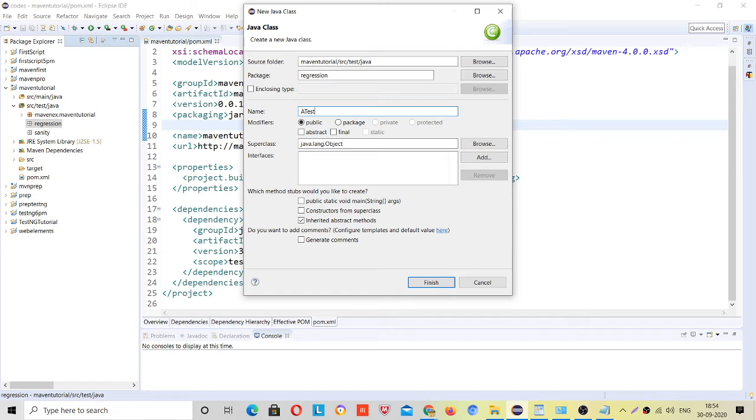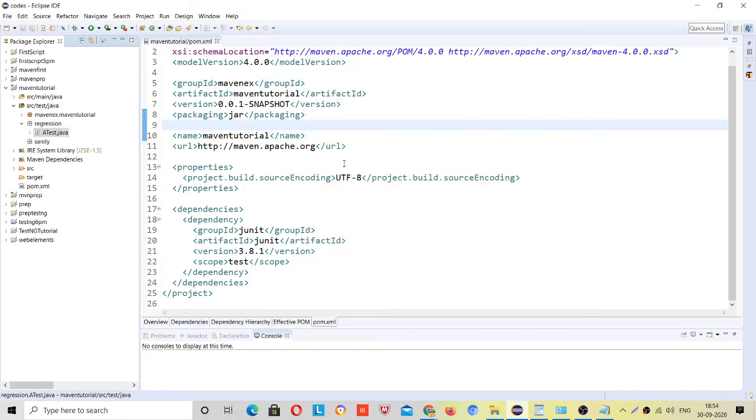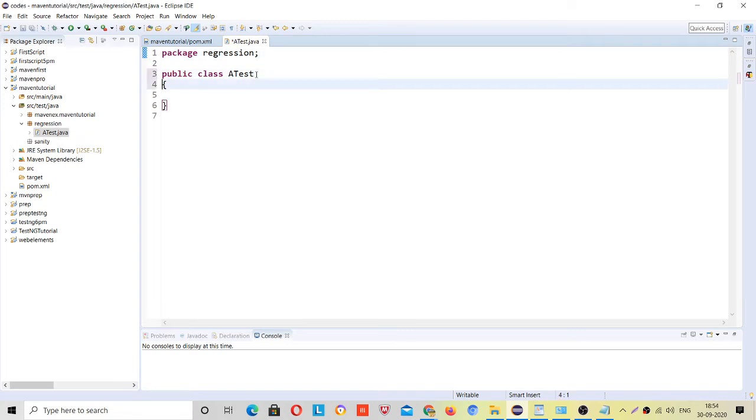I am giving the name a test. I can give any name now, because today we are running our test cases with TestNG, so it will work. But tomorrow if I run my test cases with Maven, run as Maven build, then this will not be considered a test class if I do not write Test at the end. So this is a mechanism, right, that you have to follow. Keep practicing it, that's why.